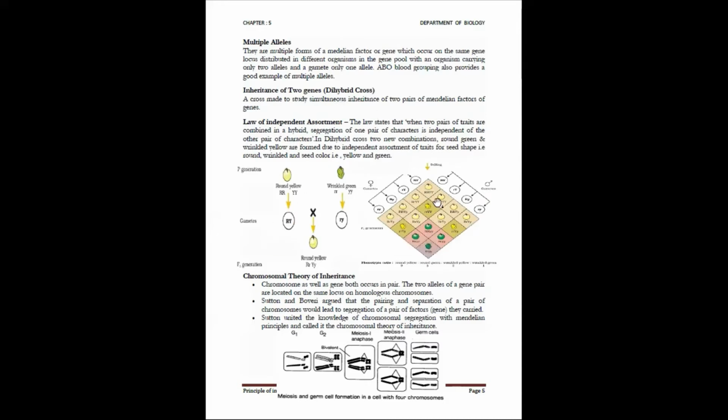Again, here, this is for 5 marks, wherein all the steps you have to include, that is the parental generation, then the gamete, then F1 generation, and the checkerboard, which is of F2 generation. Here you can find only the phenotype ratio, not the genotype ratio. Only phenotype ratio can be asked in the examinations.